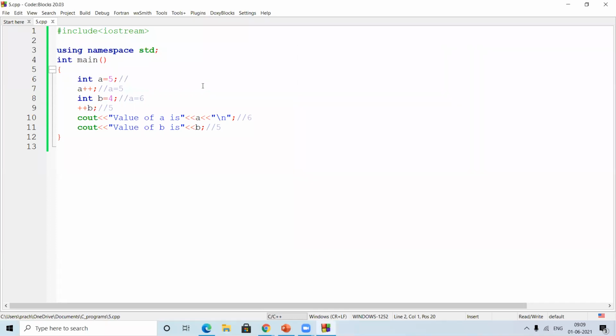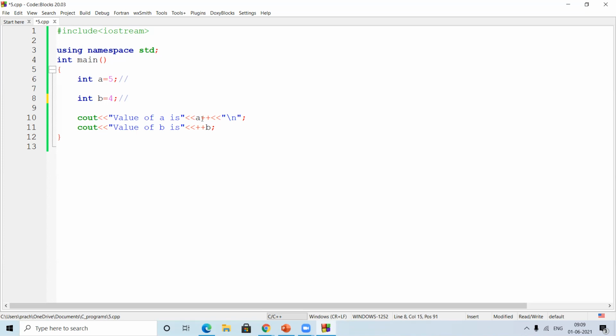Now what we are doing here: I'll just put a plus plus inside a cout for the increment and decrement thing. So I'm putting a plus plus here and plus plus b over here. Let's do the dry run, meaning what exactly the output may come. At this point, when I have a as 5 and b as 4, and it comes to the cout statement, here it is a plus plus, and then we are just going to execute it.